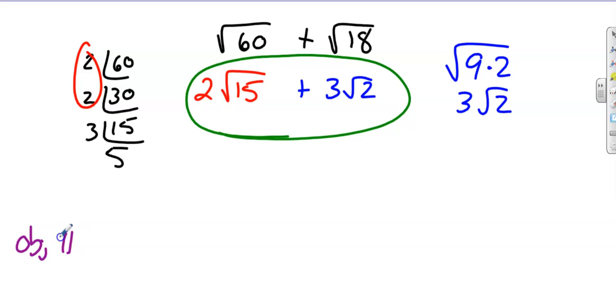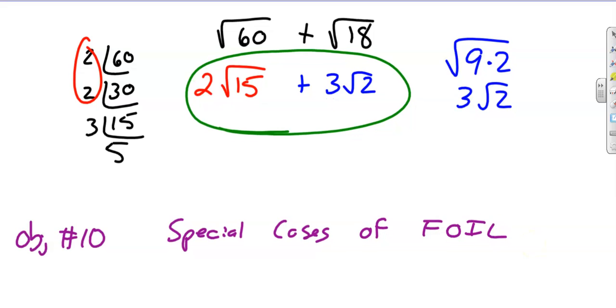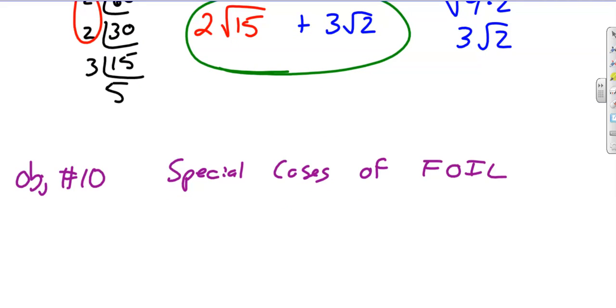Okay, last objective. Objective 10, they call it special cases. But this one, it's really special cases in full method. They talk about distributed property on the first two, and then they say, all right, well, this one's special cases. Well, then they forget to mention it's the full method. So,